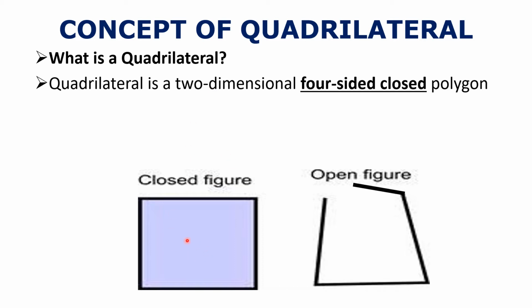So let's say, can you see this closed figure? This figure is completely closed. All the four sides are joined to each other, so this is what I call a closed figure. Now this figure also has four sides. Follow the laser pointer: 1, 2, 3, and 4. But is it a closed figure? No, it's an open figure. Why open? Because as you can see with the spotlight here, this side is open. These two sides are not joined to each other.